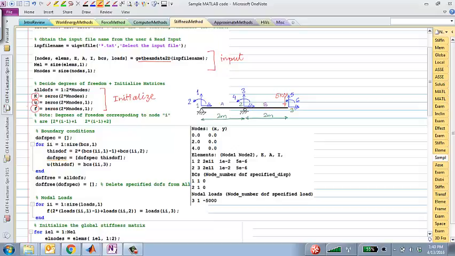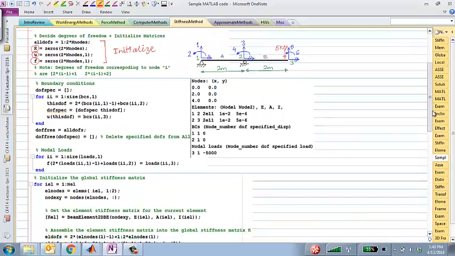And then there is the similar sort of code that you saw in the truss element problem, that you figure out which degrees of freedom are free versus specified. So some degrees of freedom will be given to you, some will be free. You add the nodal loads to the force vector, and then